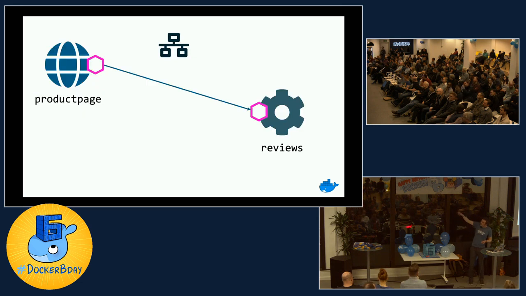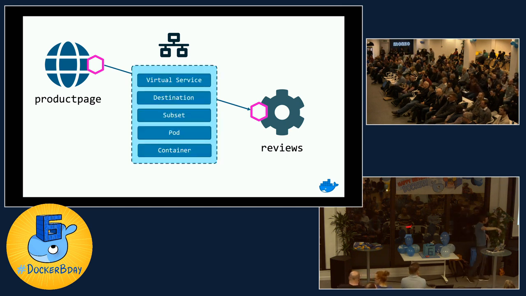And this is how it looks. I've got my product page, which is my Python web application. It's talking to the review service. Because they're both containers, both pods running in my application, ISTIO can own both of them. So it's going to put a proxy client and server side. And all this stuff here is what actually happens when my product page tries to consume a service from the reviews component.